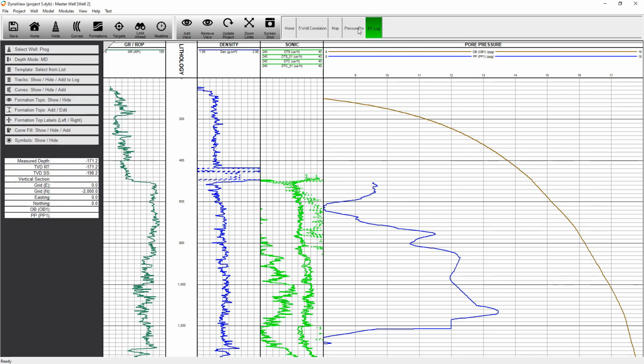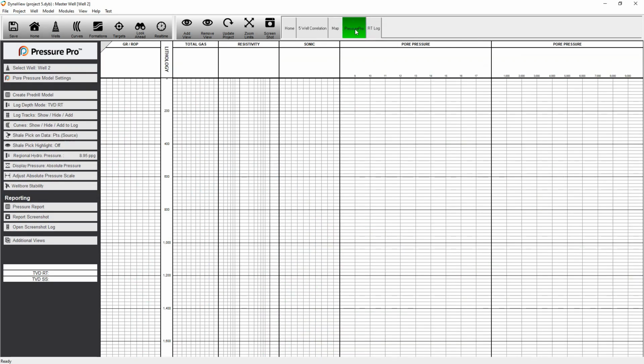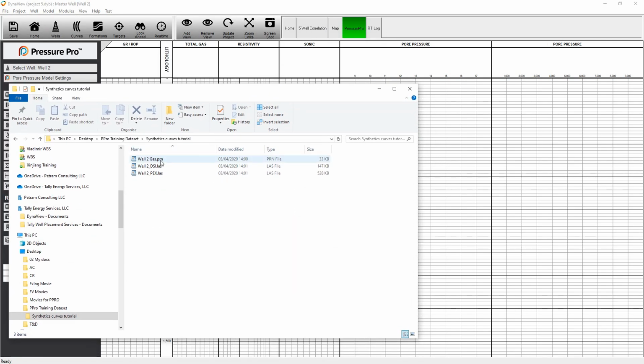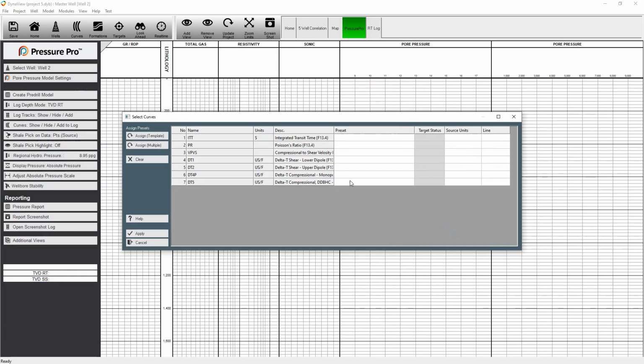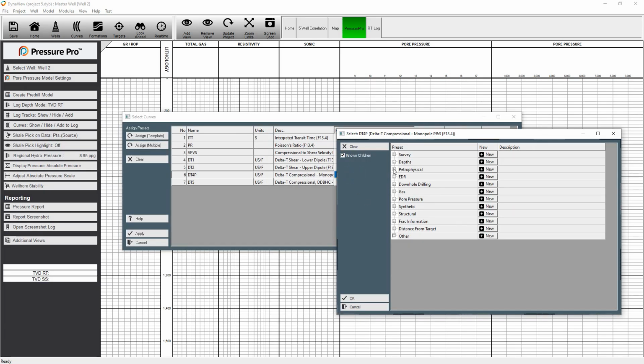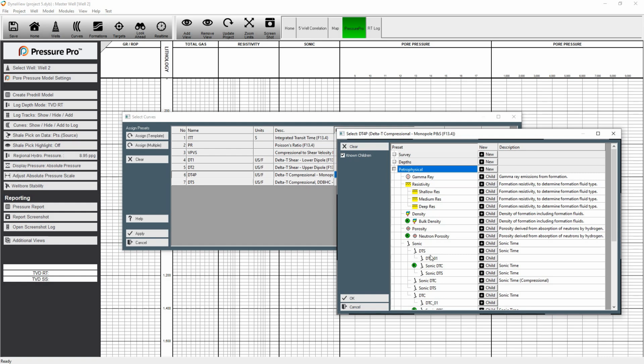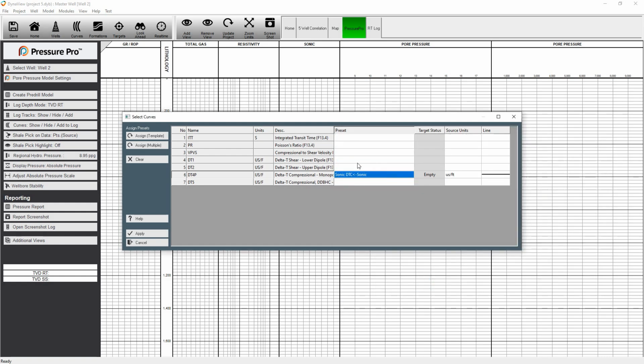Now let's go back to the PressurePro view. We're going to simulate that we have partially drilled the well. Navigate to the Synthetics Curves tutorial dataset that has been provided. Click and drag the DSI and the PEX LAS files onto the project and assign the curves to the correct